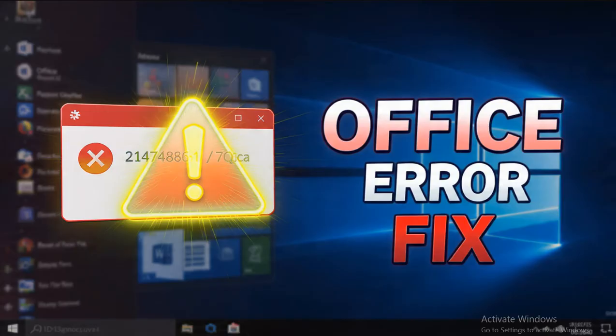If you want a full step-by-step tutorial showing you exactly which folders to rename and the secret command to reset your account manager,